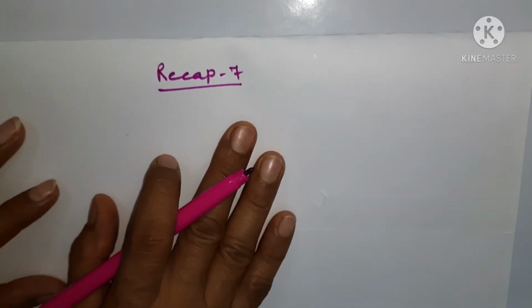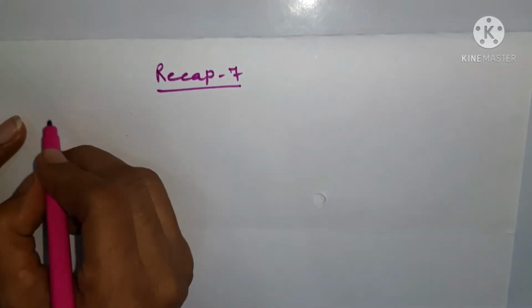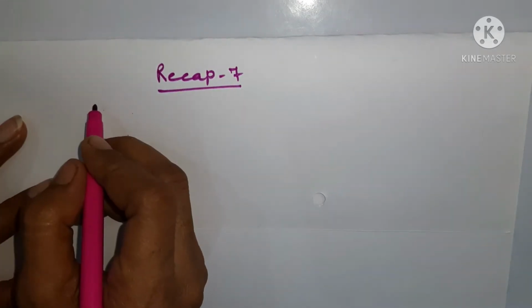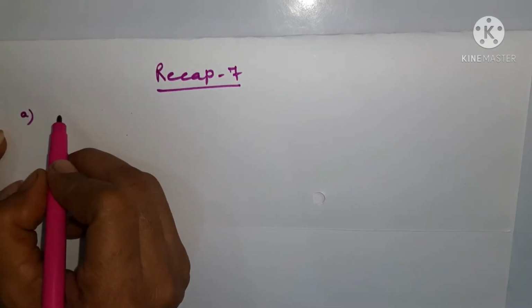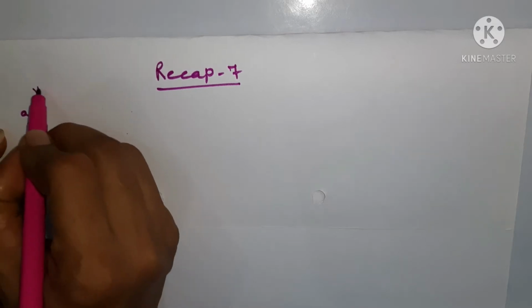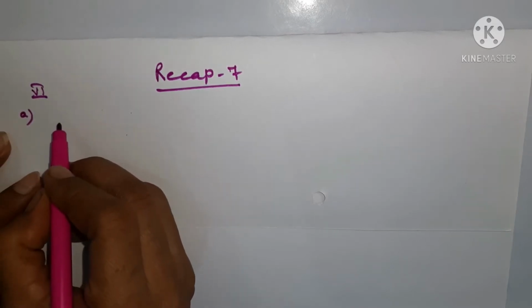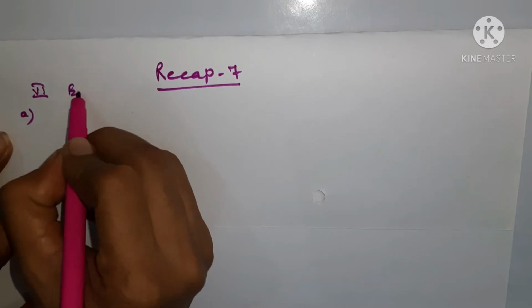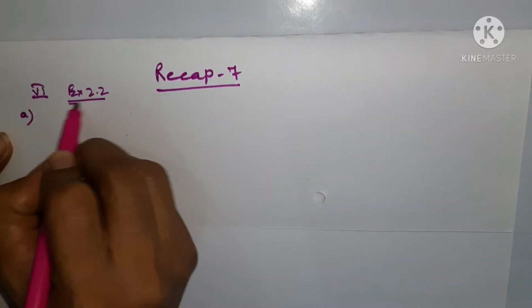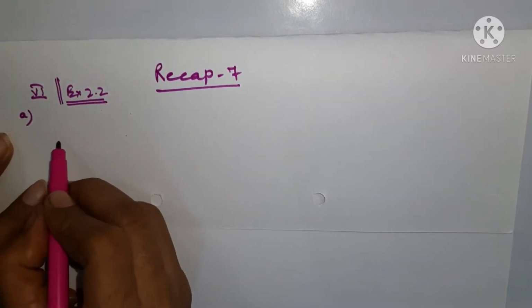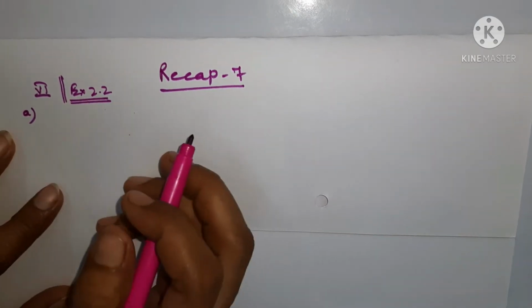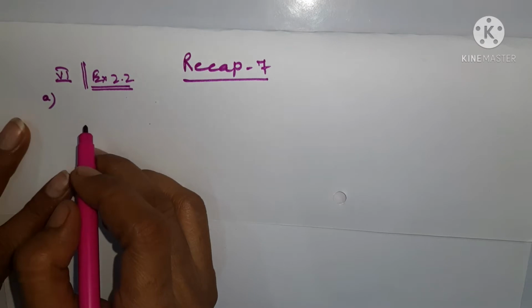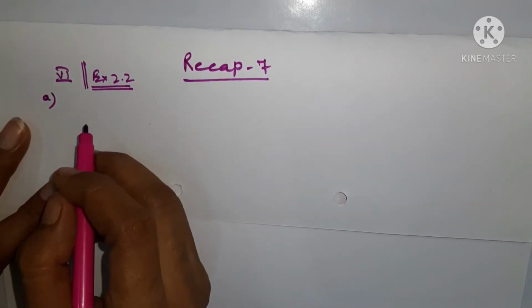For example, suppose you wish to do this type of question, say it is an NCERT question, and it's of class 6th. It is from exercise 2.2, and I have taken one question from there so that you will be able to understand and relate why the properties are used in these cases. So let us take one example.